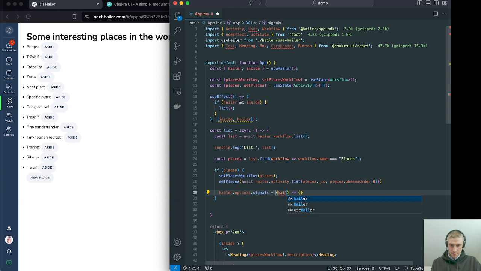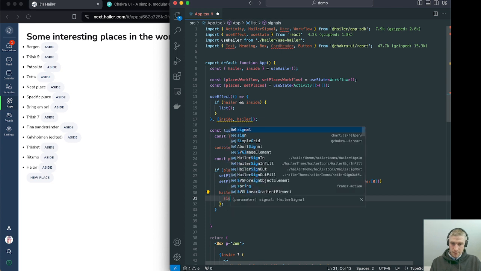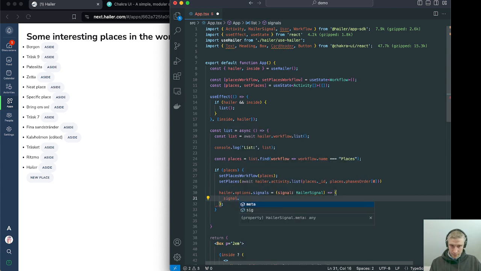So it takes Hailer, let's call it signal, and that's a Hailer signal. And then in this callback function, we want to test something, and that something is the signal.sig, which is the name of the signal. If that one is